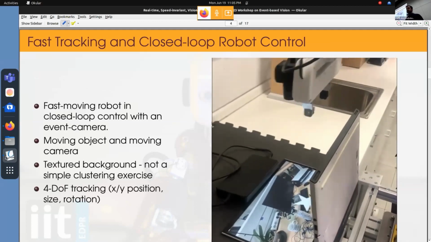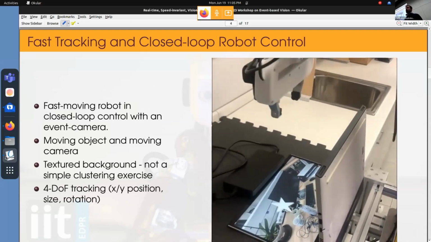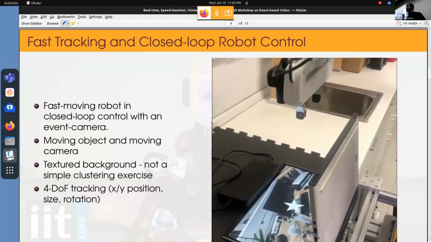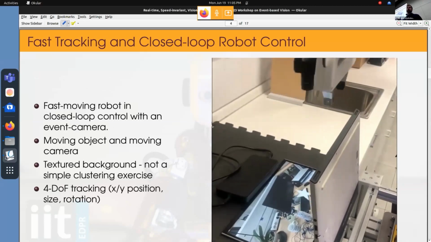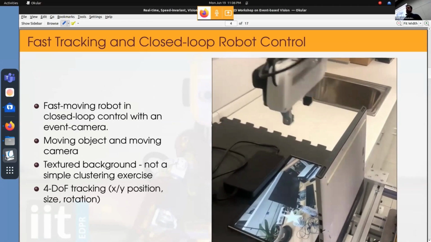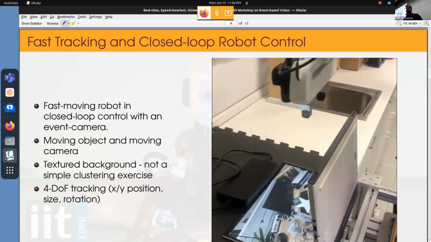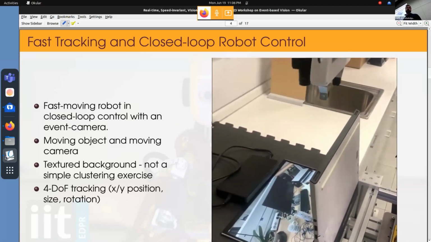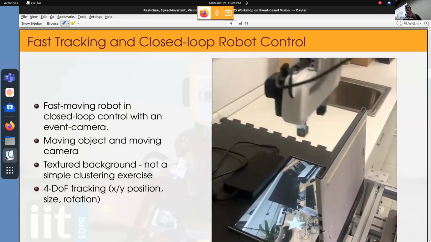So here's a Panda robot doing tracking of this star-shaped object. You can see the ATIS Gen 3 camera on the end effector there, and the robot's controlled to keep the star in the middle of the view and also keep it the same size, so we're tracking in 4 dimensions. Here the robot's moving, the shaped object's moving quickly, the camera's moving quickly, and we still need to do the tracking. We've got a cluttered background,